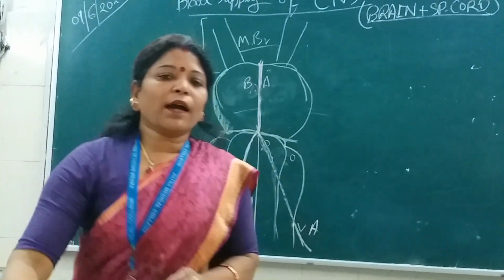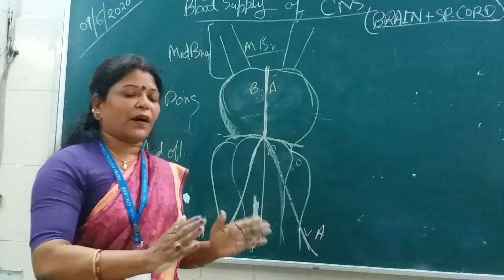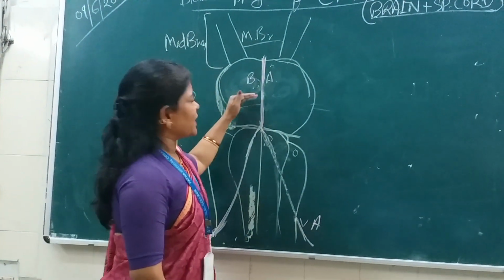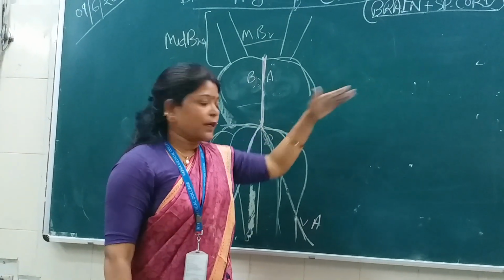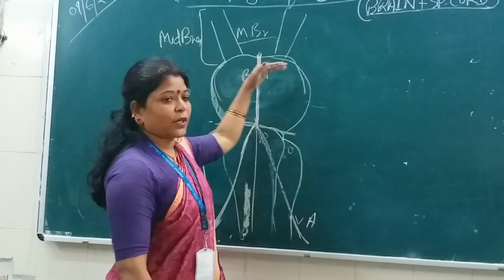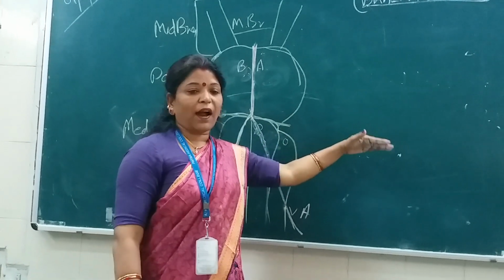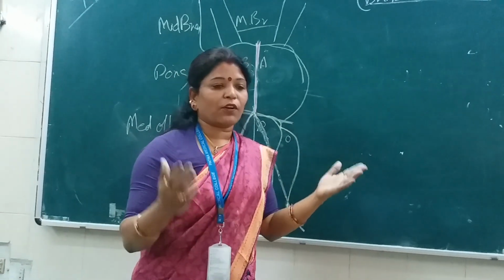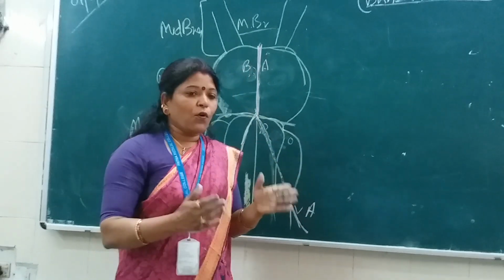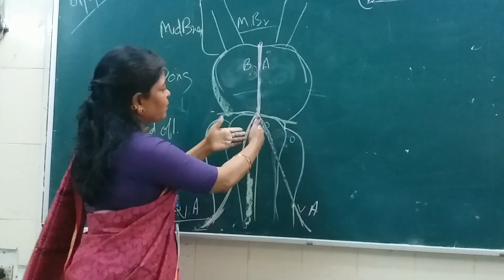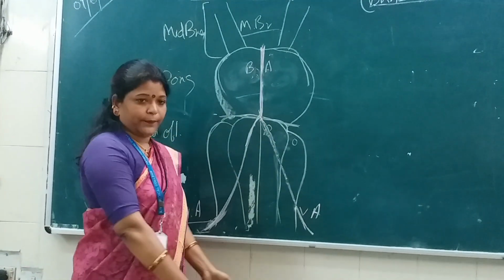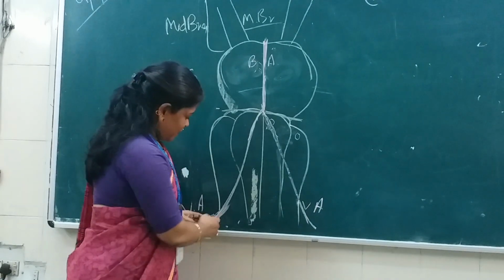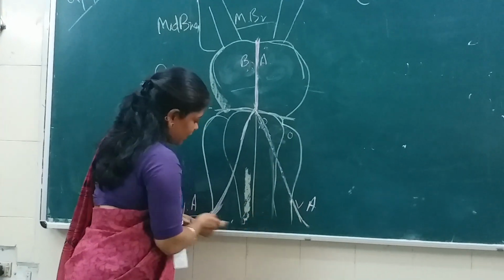Now what are the branches of the first? This is the vertebro-basilar system, isn't it? This is the vertebro-basilar system, the second set of arteries for the blood supply of the central nervous system. Now, what are the branches given by the vertebral artery here? I have just explained these vertebral arteries